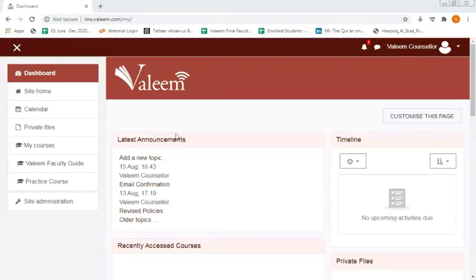Hello everyone. Today we'll be learning how to create the gradebook and how to maintain the record of the monthly activities on your LMS. For that, first of all, you are required to log into your Valim account,